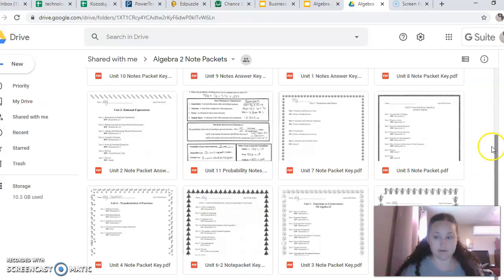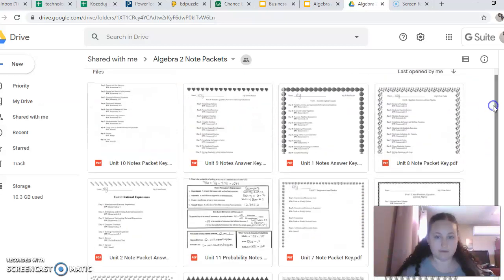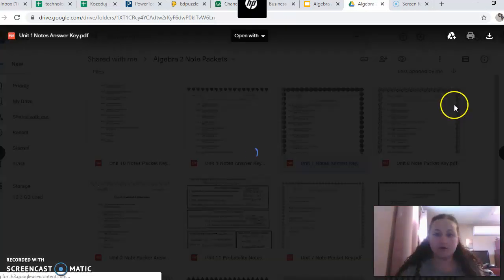So if you scroll down, where's Unit 1? Unit 1, Unit 1. Can I not see Unit 1? Unit 1 not in here. Oh, Unit 1's up here. You can go to Unit 1. If you open it up,